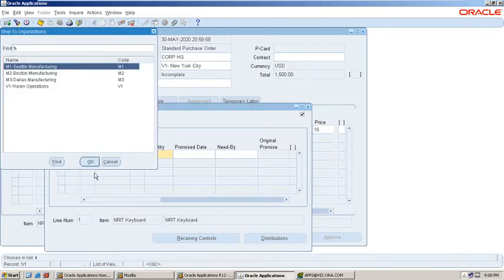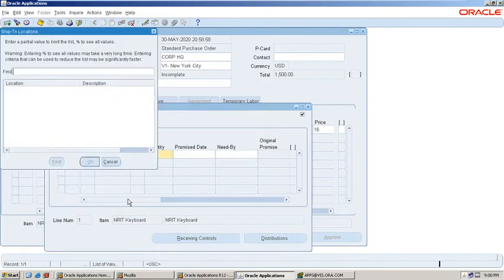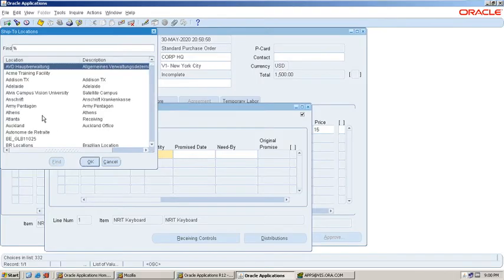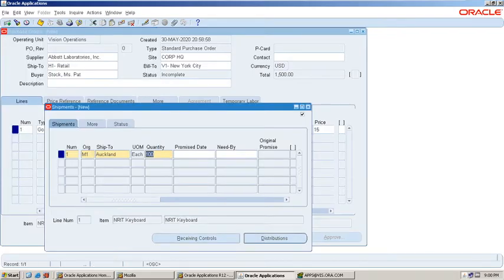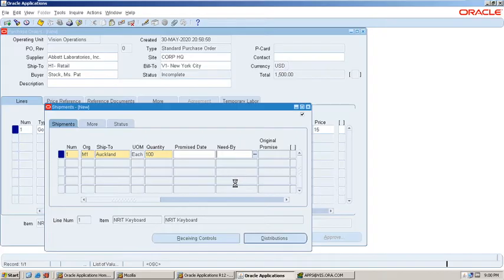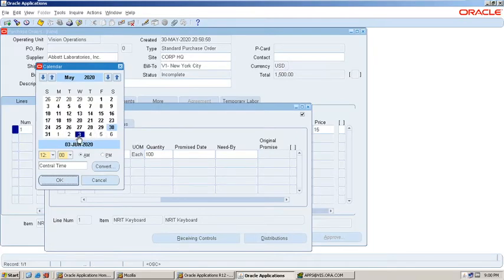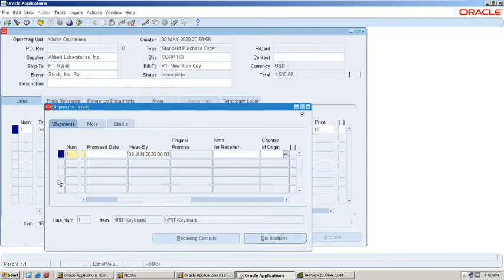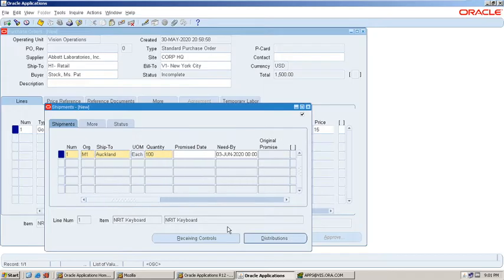Here, quantity 100 I have entered, and then click here. Need by date is mandatory. When are you looking for the items? On 3rd June. Then click on distributions.